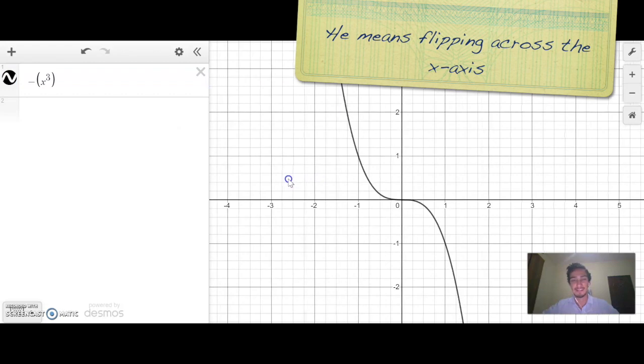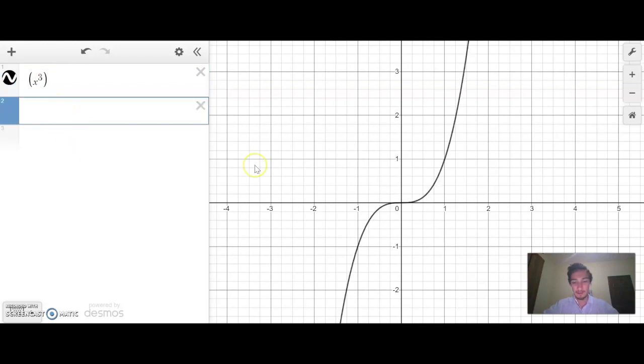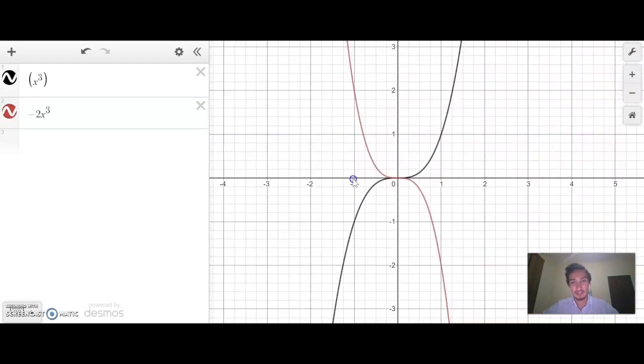So in this case, if we were trying to scale it vertically, it would be with a negative k. So negative k gives us a flipped function. And so if we wanted to flip this parent function, x cubed, across the y-axis, it would be negative x cubed. And if we wanted to scale it by a factor of, let's say, 2, we would say times negative 2x cubed. And you'll see that now we have negative 1, 2, and that is the same as,